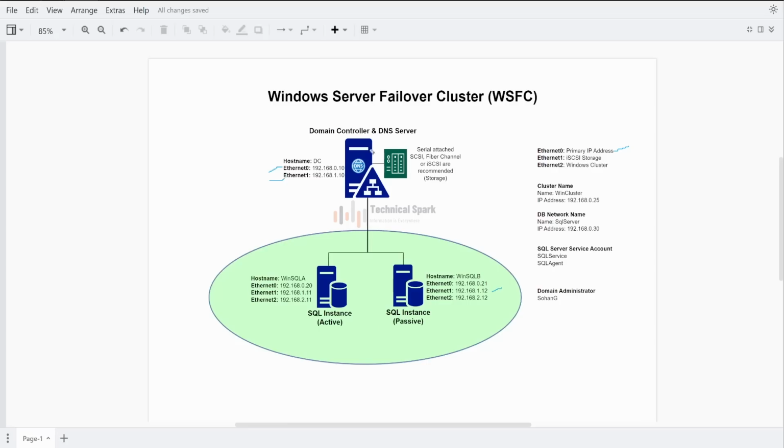So hopefully these two NIC card requirements are clear. Now again, we would require an additional NIC card, that is Ethernet 2. But this particular NIC card, through which we are going to configure our Windows cluster, I am going to add in only two nodes, which is our SQL Server. So here they are,